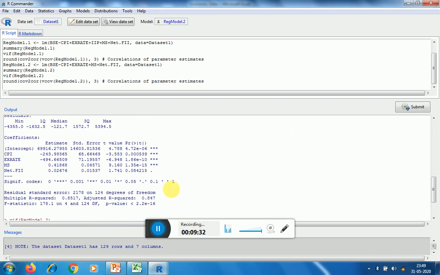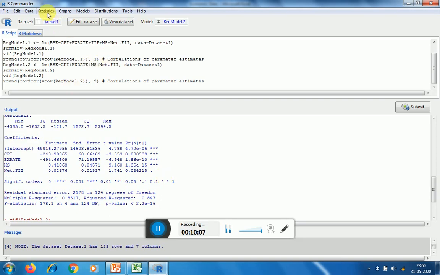Again, this value, the probability value is 0.08, which is significant at 10% level of significance. Normally we follow 5% level of significance or 1% level of significance, and that is why under trial and error we can now eliminate this particular variable, and we can check further for testing whether the problem of multicollinearity is resolved or not.